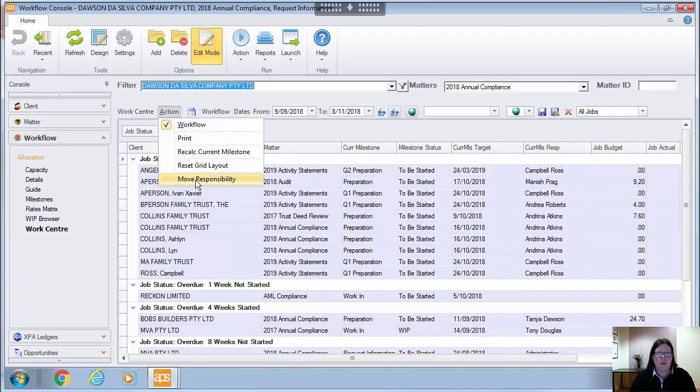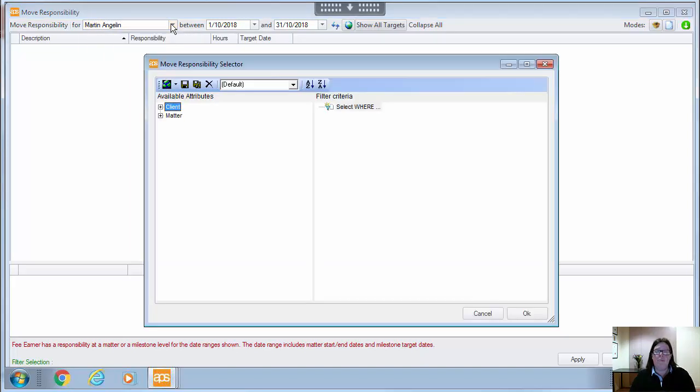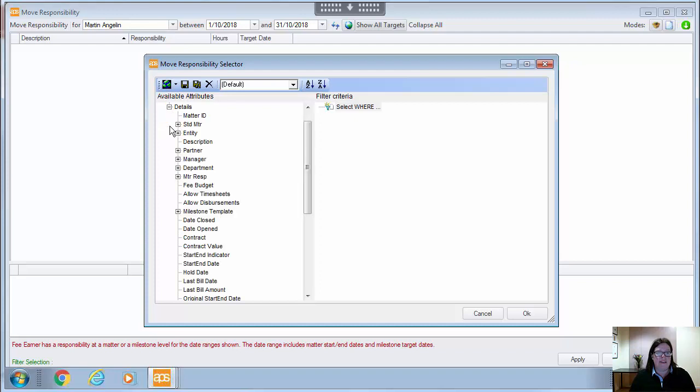Within that area, we also have the ability to move responsibility for matter responsible as well as milestone responsible. As soon as you select the relevant fee owner that you want to change, or your team member, you'll get prompted for a selector. Now, we've covered selectors off in our information management piece. The selector that we would be looking for is if the staff member is going to go on leave,